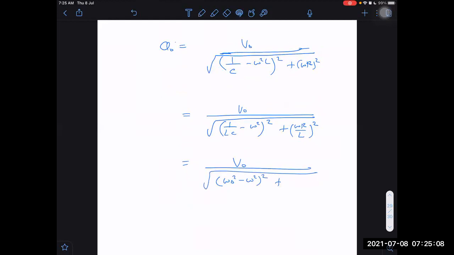Second term I can think as, yes, L will be outside. L, not by L. What will you take outside? Take it in common as L. Common, sir. L will be outside, right? Yes, sir. L will be outside. And what do we get inside now? Omega square R square upon L square. So we are getting omega square into R upon L.